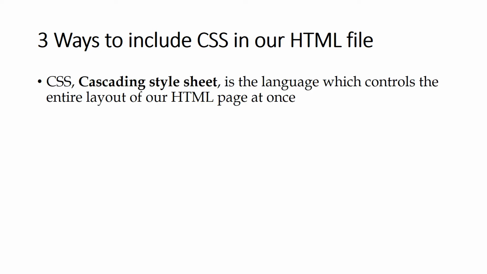So what is CSS first of all? CSS is nothing but the Cascading Style Sheet, which is a language that controls the entire layout of HTML pages at once. Without CSS, our HTML file will be just content, and each and every web page will be just content displayed to the respective user. So the Cascading Style Sheet is